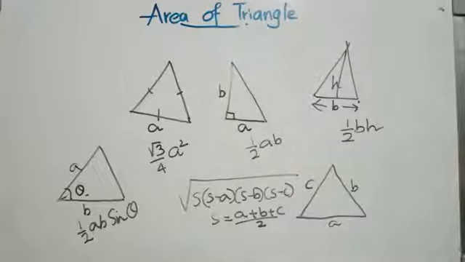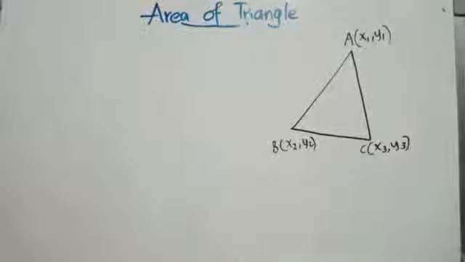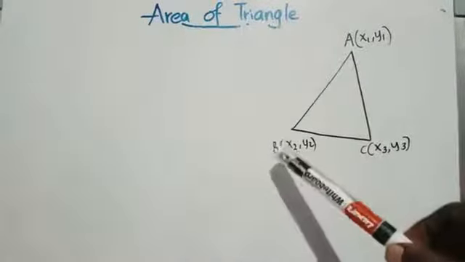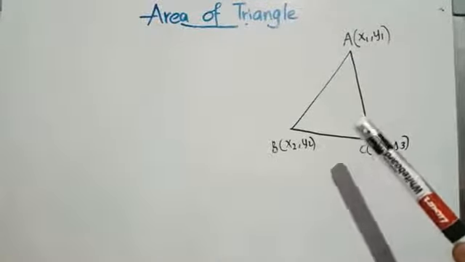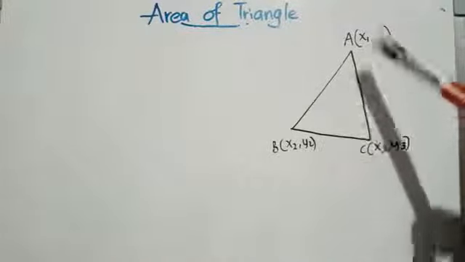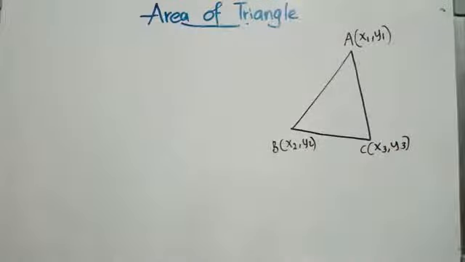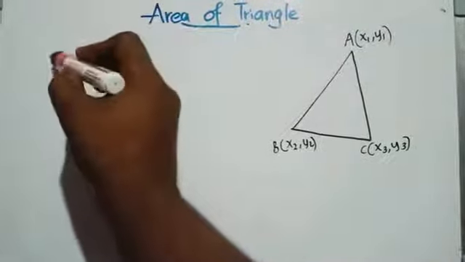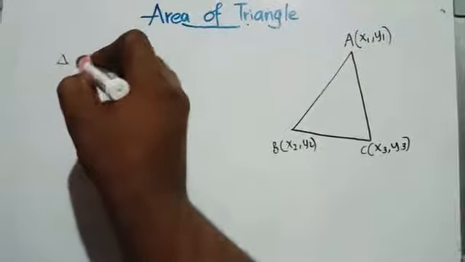So, if a triangle is in the given form, A (x1, y1), B (x2, y2) and C (x3, y3) are the three vertices. If the given information is the three vertices, how do you find the area of the triangle? So here we learn a new formula to find the area of a triangle, which is: area of triangle is equal to